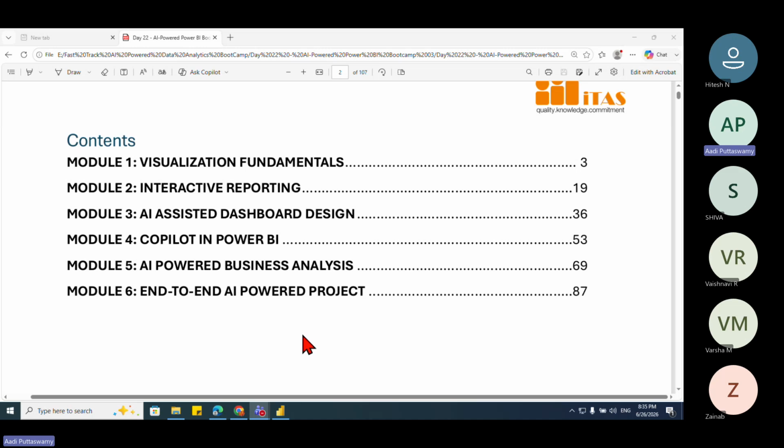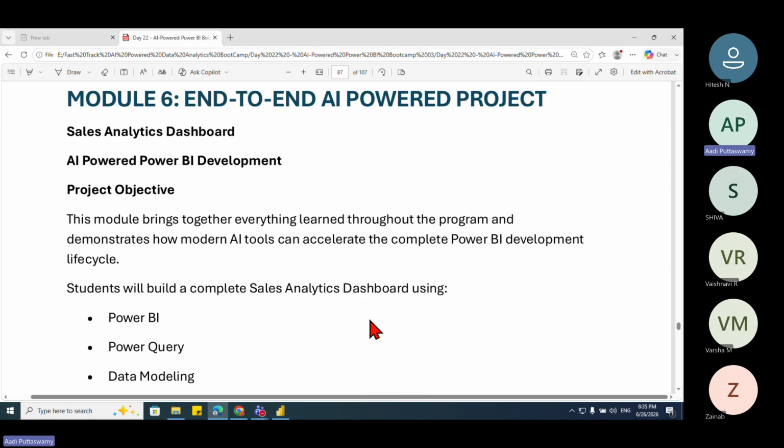Right, people. So now we'll see the module 6 end-to-end AI-powered project. I'll just walk you through, say, 5 minutes about what all things we'll have to take care of while working on this end-to-end project. After that, we'll go to our